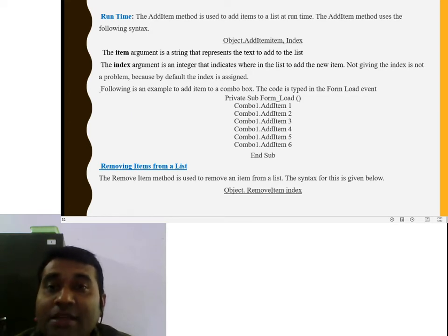Atom is added in the list. The index argument is an integer that indicates where in the list to add the new atom, whether in the first position, the second position, the third position, or whichever position the index is given. Not giving the index is not a problem, because by default this index is